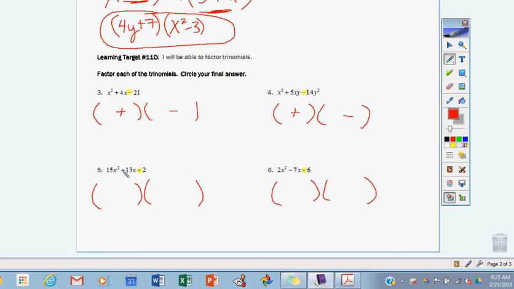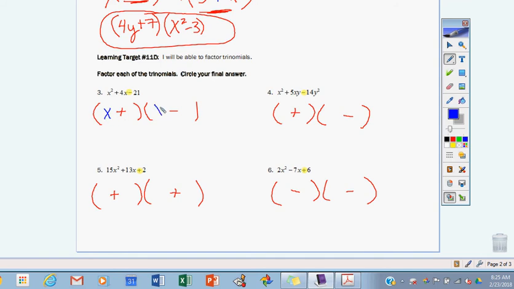Now I look at this middle term. Oh, they're both going to be positive. Same thing here, positive. They're both going to be the same. But when I look here this time, I get minus and minus. All right, so there we go. Most kids are doing okay when this, what we call the leading coefficient, is 1 here, because